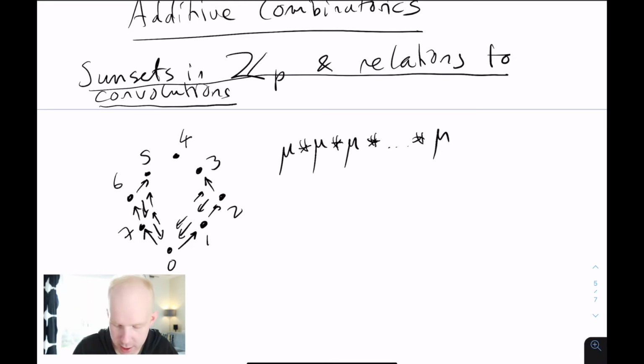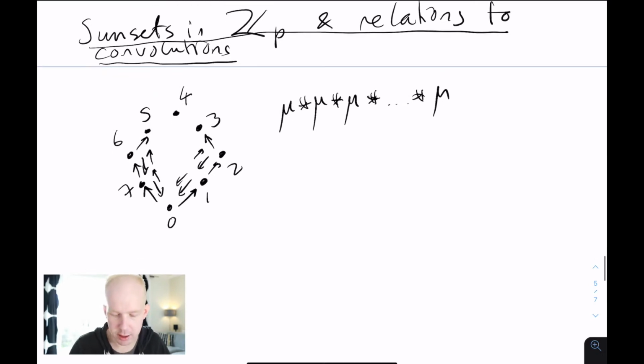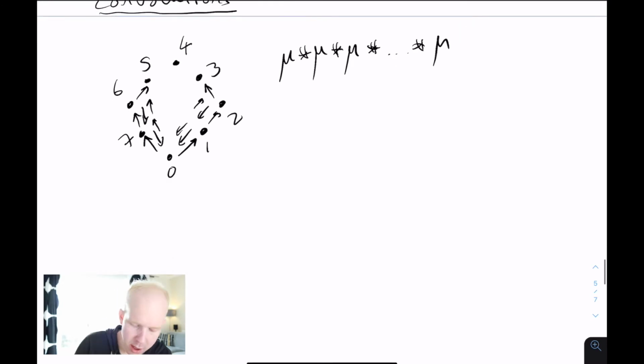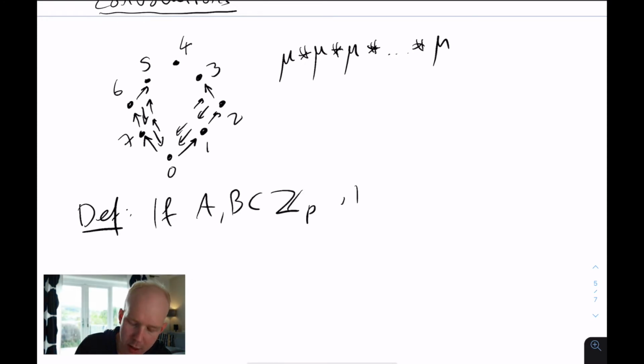And here the idea about sumsets, how this all comes back to sumsets, is that the sumsets describe the points where the convolution would spread into. If you continue several iterated convolutions for a long time, you would end up spreading around inside these sumsets. For that purpose, we defined: if A and B are subsets of a set,